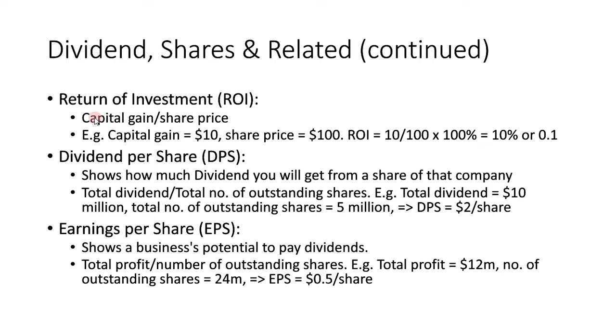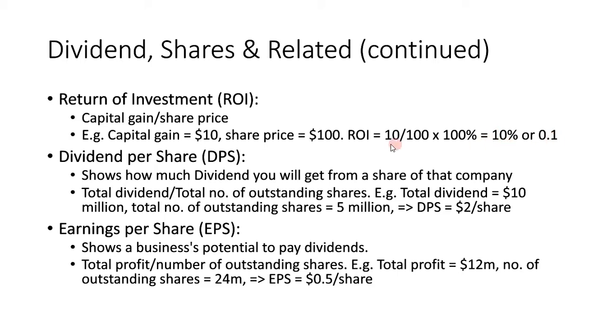So the equation is capital gain divided by the original share price, or capital gain divided by the original price of the property. An example is capital gain is going to be $10, share price is 100, so the return of investment, or ROI, is going to be